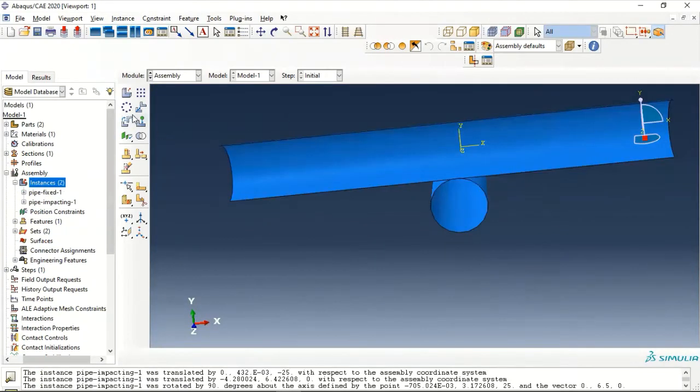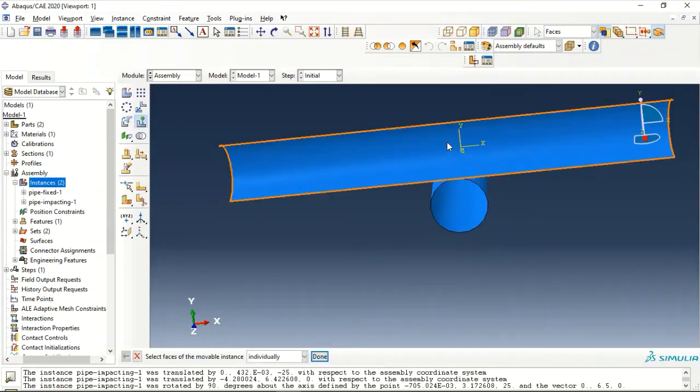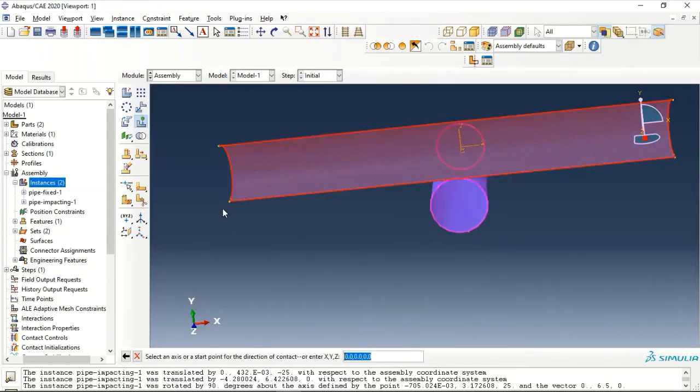This clearance, what we can do is we can use this tool, translate to, and since this is the movable instance, choose this, press on done. This is the fixed instance, press done. And now we can choose this as the starting vector, and this is the end one, and we can put the clearance as